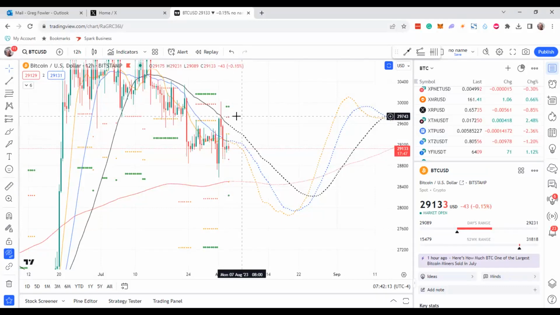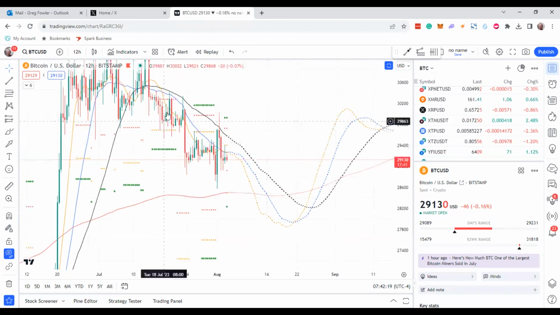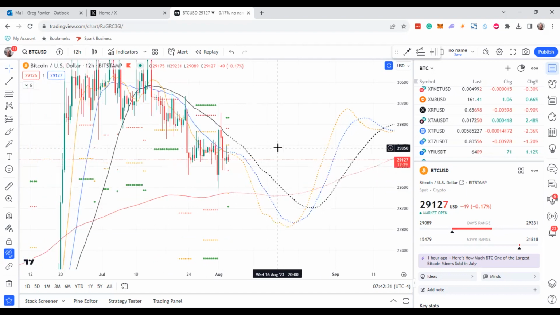So anyhow, right here and right here, and then more than likely, what's it been doing in the past? Look at that. Test to the 40, test to the 40, test to the 40. Probably a little bit more bearish down here. Could it spike to the 40 at 29.4 and start making a trek down? It very well could. But it might not make it. It might have a wick up to the 40 and then start turning back down.